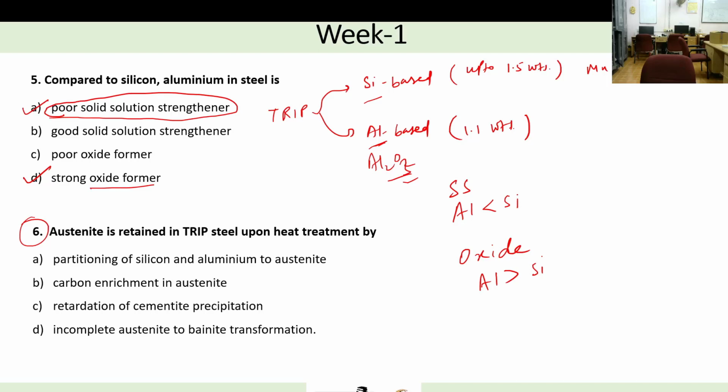We have not studied this. It's not normally found in textbooks. I used to refer to a textbook by Professor Raghavan. He was a professor at IIT Delhi. I don't know whether he's still alive. He was a great professor of physical metallurgy. I used to refer to his books. Yes, sir, such information was not available in those books even. Sir,